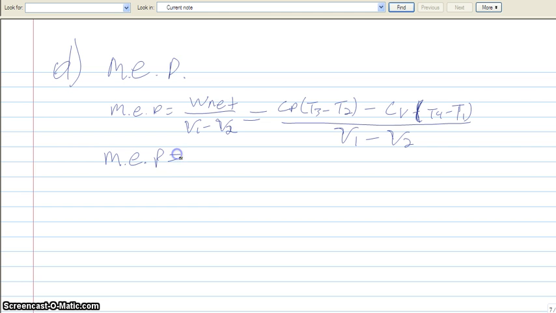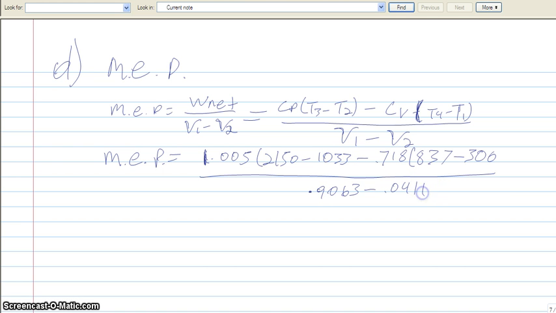And we will get 0.005 times 2150 minus 1033 minus 17. So if you use your calculator and calculate all of that,